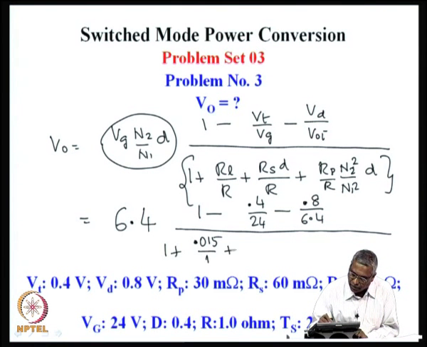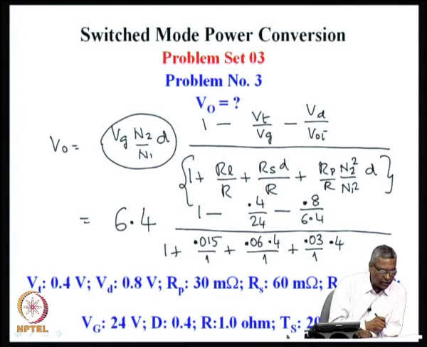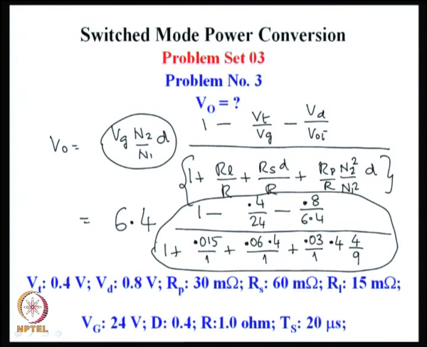1 plus Rs into D, which is 0.06 into 0.4, divided by 1 plus primary resistance 0.03 divided by 1, D is 0.4, N2 by N1 whole square is 2 by 3 whole square, which is 4 by 9. So, if all these numbers are put in, you can see that this is the correction factor, and this correction factor can be evaluated now,